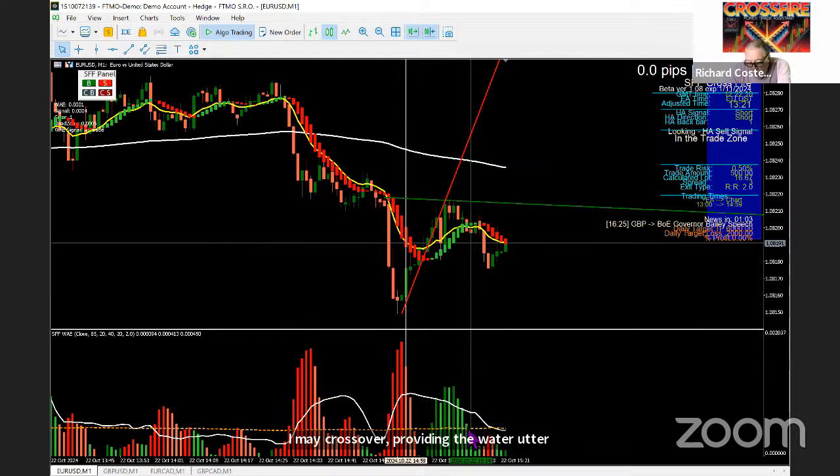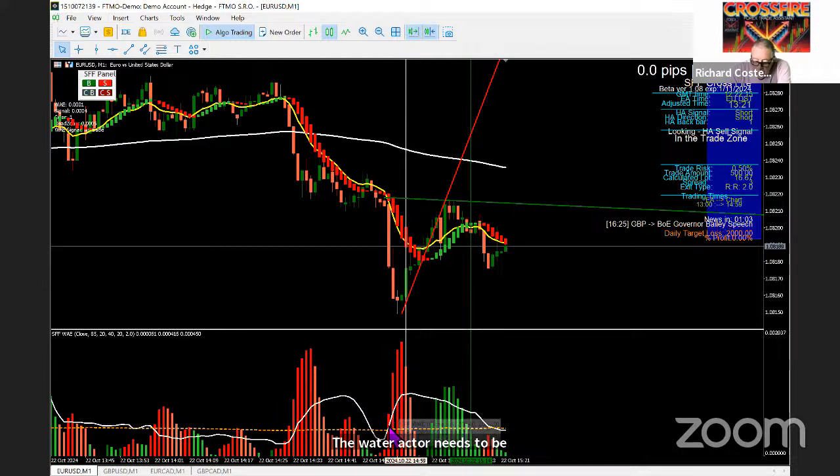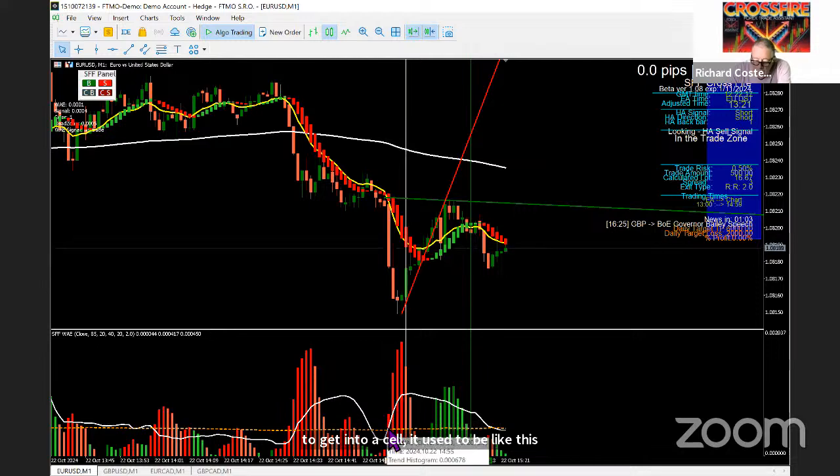Now, to get in for a sell, it needs to be like this. It needs to be the white line pointing away from the orange line, and it needs the histogram bars